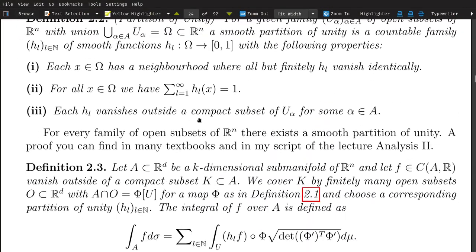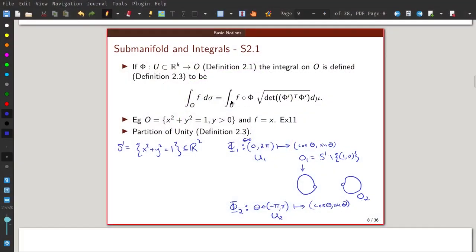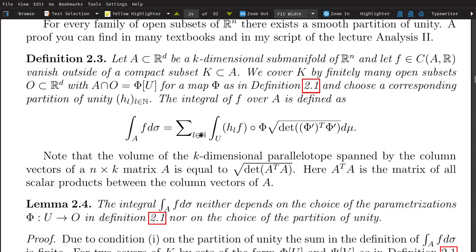In definition 2.3, we already have this thing called a partition of unity. And instead of taking one of these integrals that I've said here, we take a sum over many such integrals. But the difference is, instead of having the function f, we have the function h_l times f, where h_l are functions coming from the partition of unity. To understand the full definition: not every submanifold is covered by a single parameterization. Sometimes, as we saw with the circle, you need 2 parameterizations to cover the circle. And so